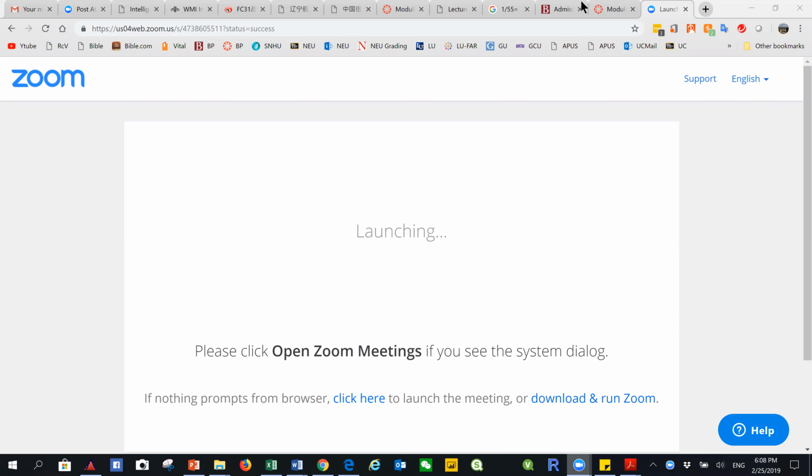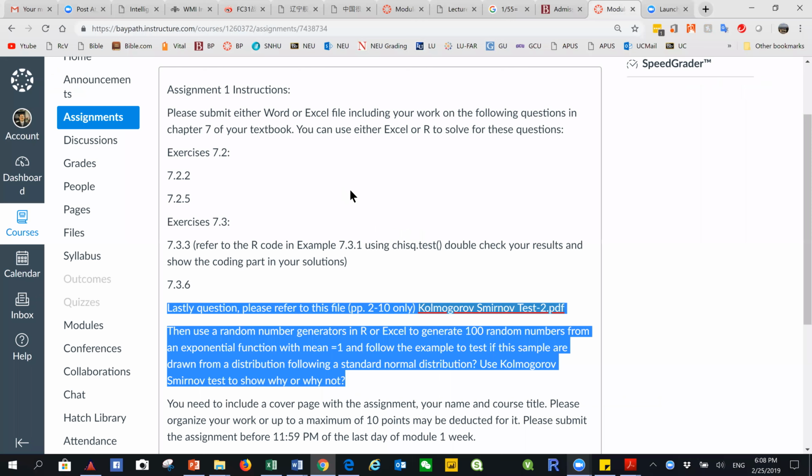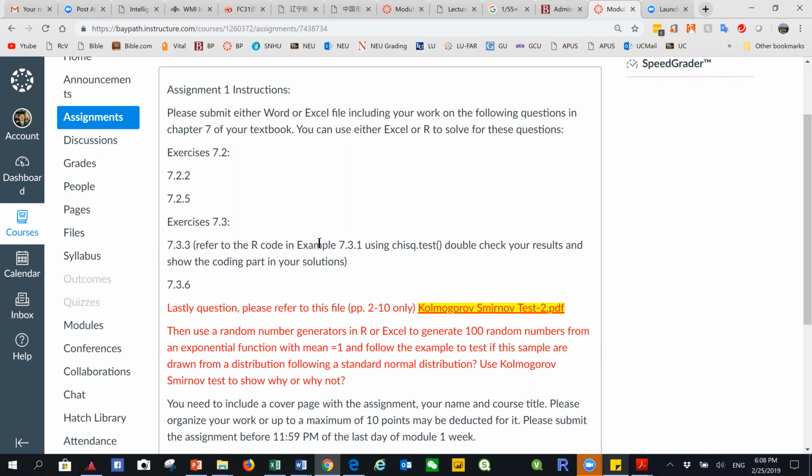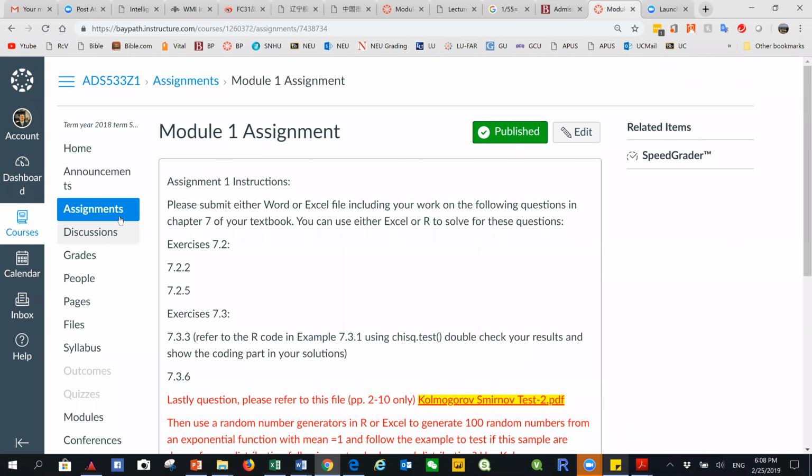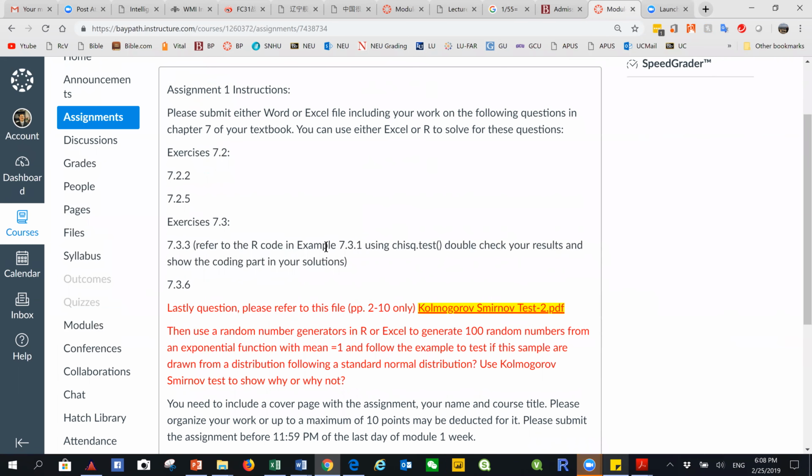Okay, now, everybody. So today, we will get into the first chapter, and this is on the chi-square test and non-parametric Kolmogorov-Smirnov test for equality of distribution. Okay,